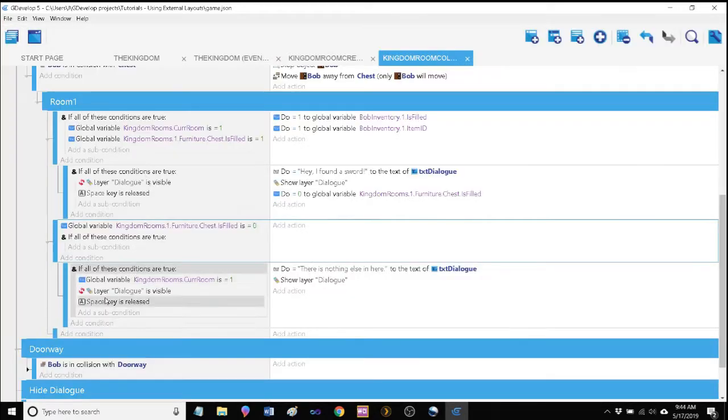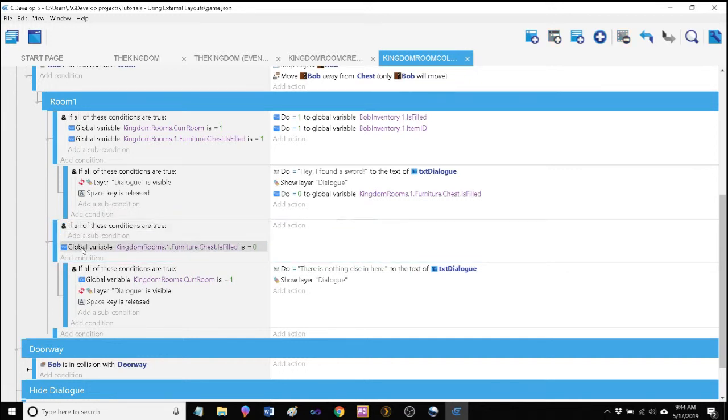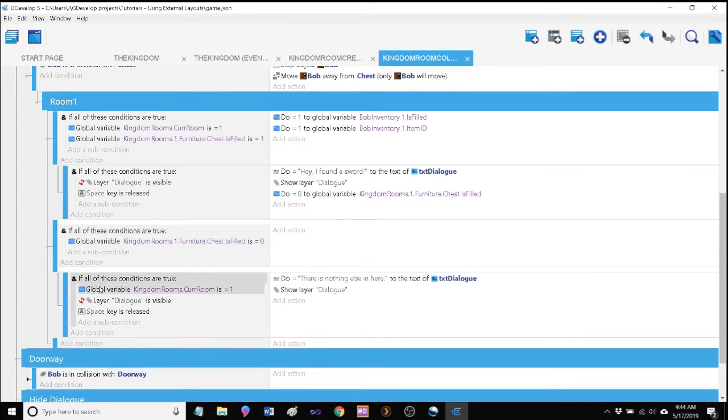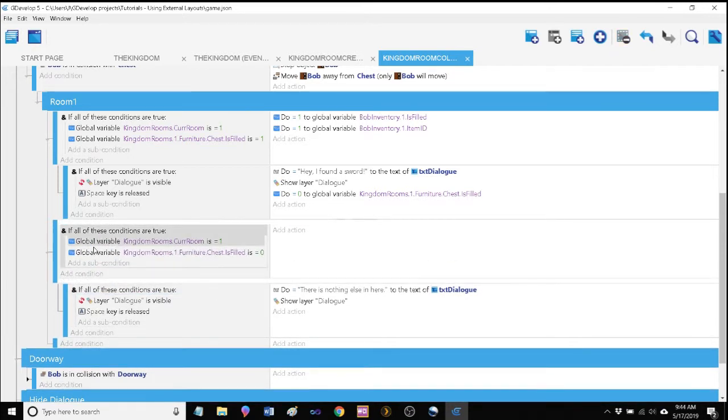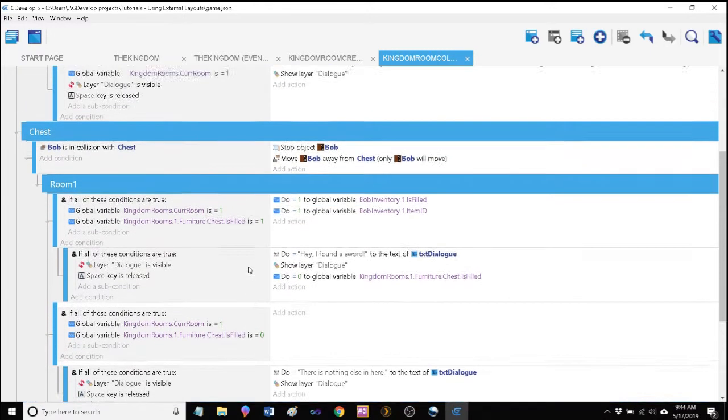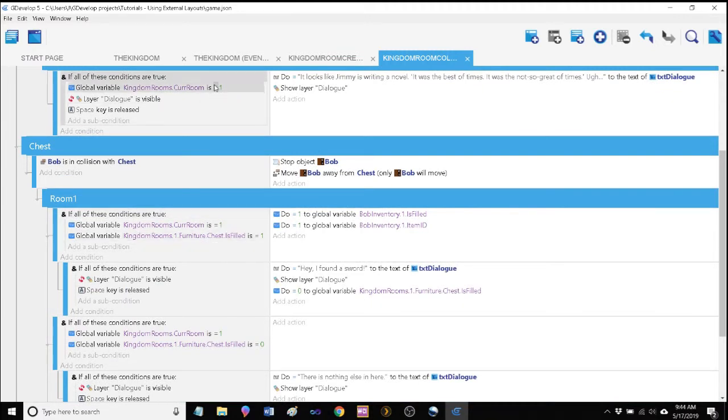So let's create our and. We want to move this up here, move that underneath, and then take this check for current room and move it up there. This is a much better setup to check these first, make sure these two are together, and then do what we need to do, and these down here as well. Okay, so